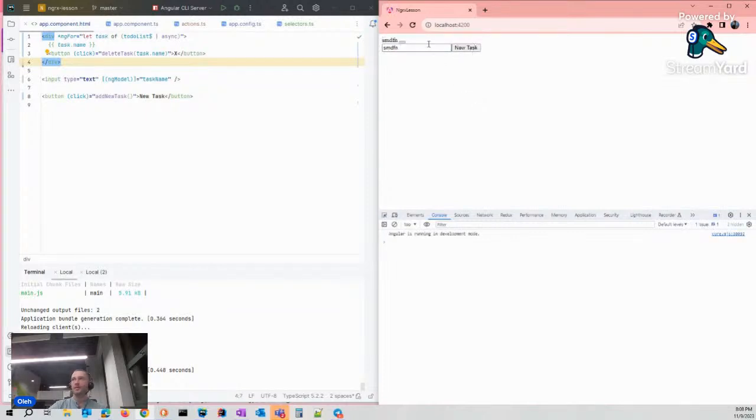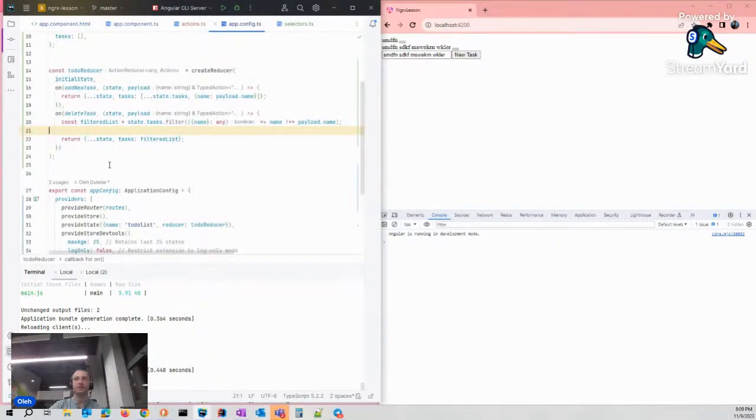Some name. Okay. Another one and a third one. And I want to delete the second one with this name. I click on the button and my item was removed. That's a result of this filter action.